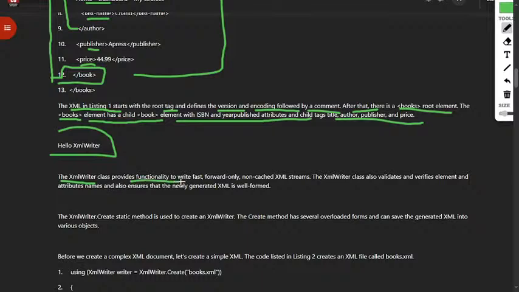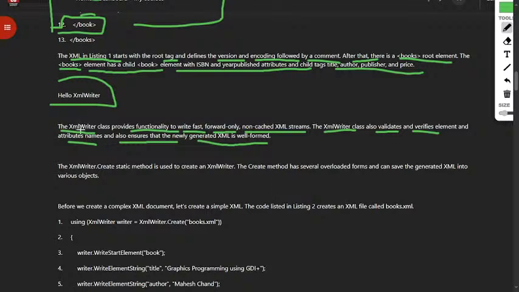The XML writer class provides functionality to write fast, forward-only, non-cached XML strings. Okay, non-cached XML string, it won't store the data. The XML writer class also validates and verifies element and attribute names, and ensures that newly generated XML is well formed. What is the XML writer class doing? It has functionality for fast writing, we just go fast forward, only for forwarding. It is non-cached, its data will not be stored as a log and all this. XMLWriter.Create